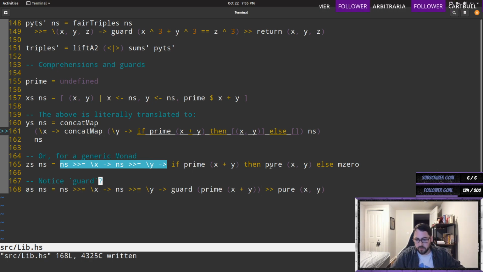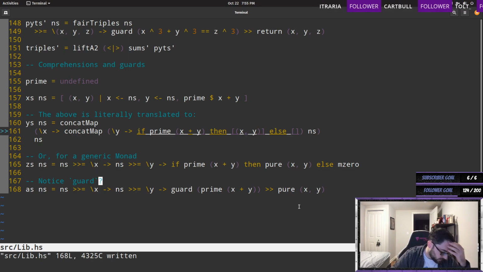Yeah, so the only difference is they're using return, but I always tend to just use pure, and in most cases they're the exact same implementation anyway. So you are required to use the monad because you're asking for bind here, but I tend to write pure instead of return. It's just out of habit at this point. And then it says